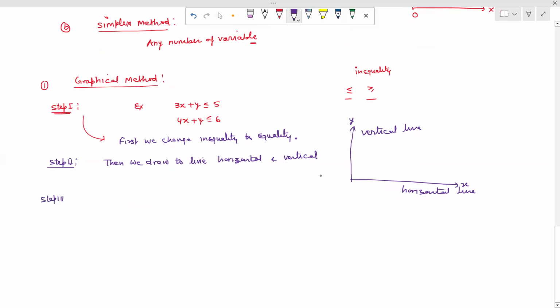तो after second step we move to the third step. For third step, now we draw lines for each constraint। कंस्ट्रेंट्स के लिए अब हमें लाइन ड्रॉ करनी है। कैसे, कि जब हमने इनइक्वलिटी को इक्वलिटी में चेंज किया तो टू लाइन, जैसे सपोज यही हमारा एग्जांपल है, इसी को हम आगे फॉरवर्ड करते हैं। इसको इक्वलिटी में चेंज किया तो दिस कैन बी कन्वर्टेड इनटू 3x + y = 5 एंड 4x + y = 6। अब हमें क्या करना है, स्टेप थ्री में इन दोनों लाइन को ड्रॉ करना है। दोनों लाइन को ड्रॉ करने के लिए